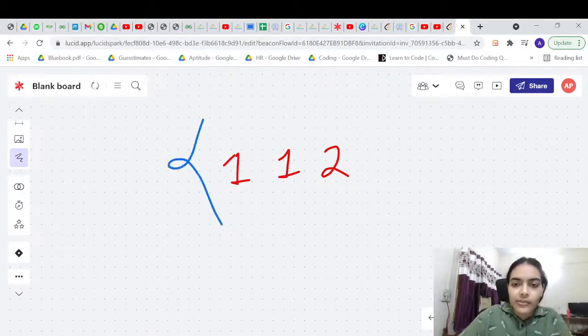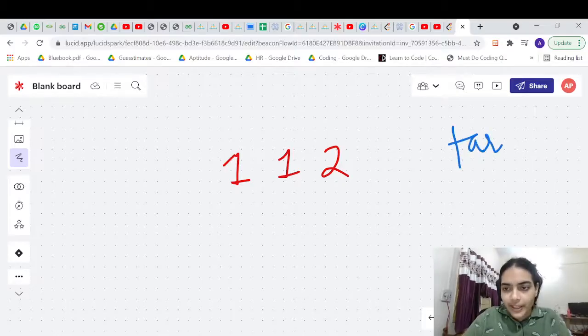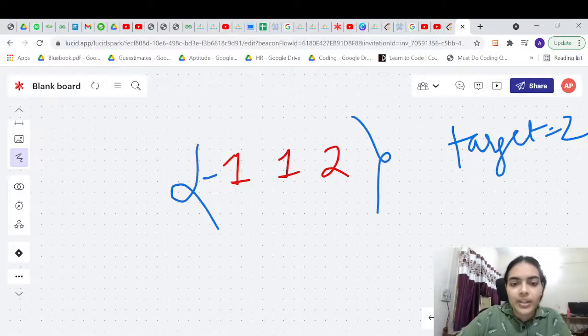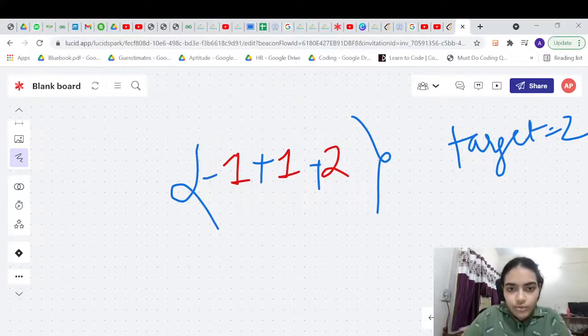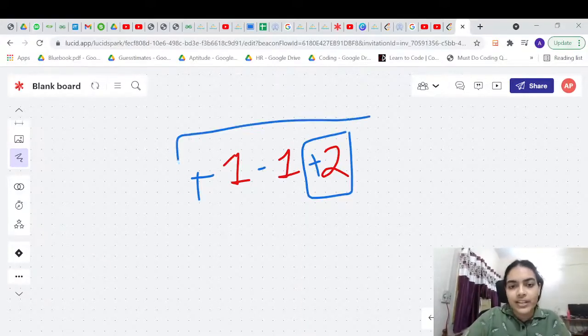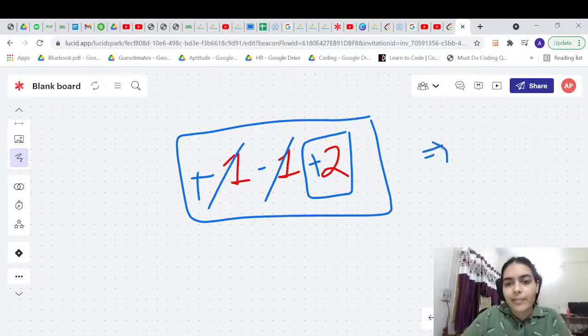Now the thing is, if you have to include the entire array, let's say you want to make the target 2. So let me do one thing. I can give here minus, I can give here plus, and I will take this as plus. So plus 2 plus 1 minus 1. This is one of the ways, right? I can also make it using some other way. I give here plus, I give here minus, I give here plus. This is also one of the ways. So plus 1 and minus 1 cancel and I am left with 2. So I made the target 2, and so on.